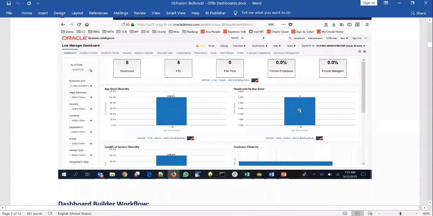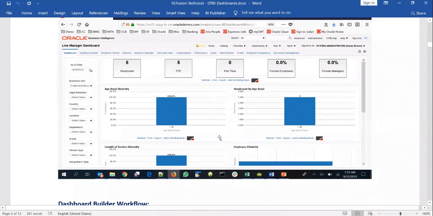So I don't need to convince you as to why we need dashboards. But in the dashboards, yes, you can have multiple pages as well, and each tab can focus on a particular aspect related to worker. And within each page, again, you can plug in multiple analyses, which are nothing but OTBI reports by themselves, summary-based OTBI reports. So in the case of dashboards, very rarely you get a requirement to create a new one.